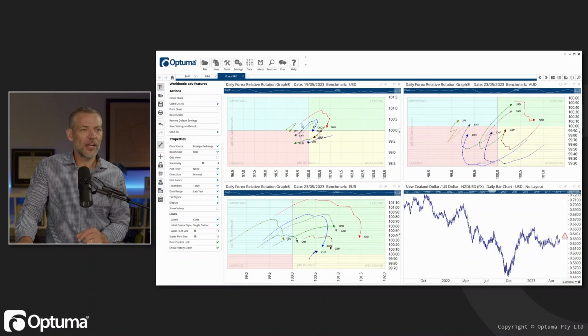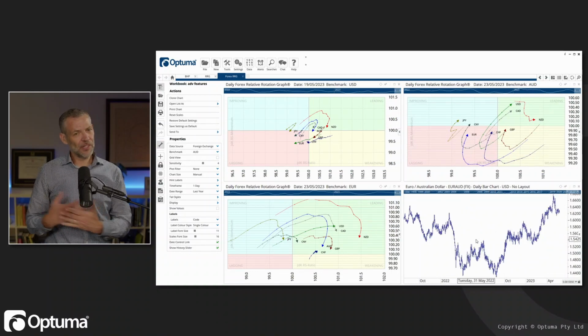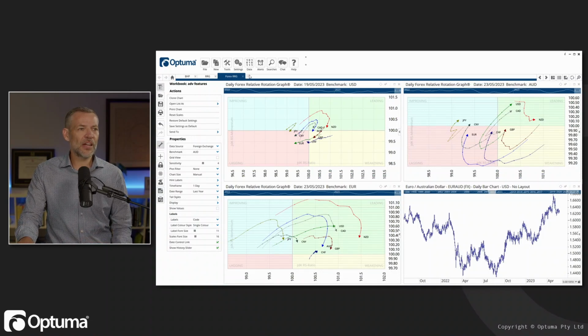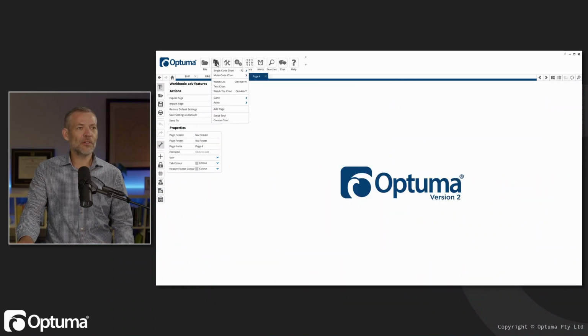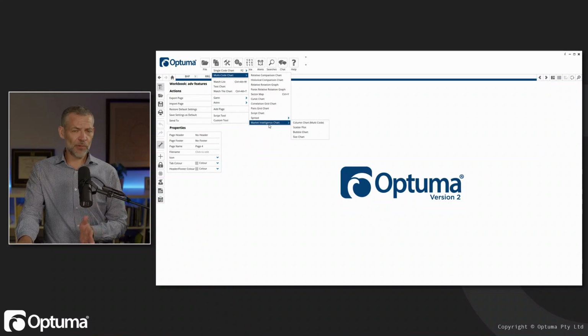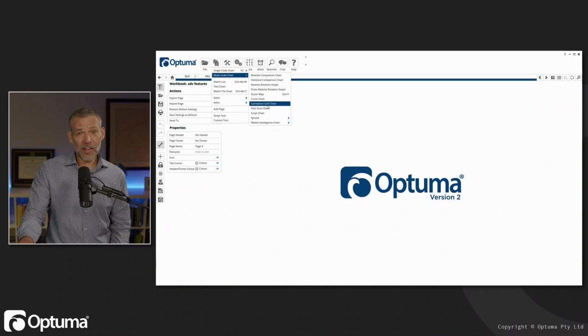We can hit fix on that and it will go and get new data for that. So again, lots of flexibility, lots of power in how you set these up. There are a number of other charts which are interesting to look at. Again, the multi-code charts. If you've got the professional or enterprise editions, you're going to see the correlation grid chart, where